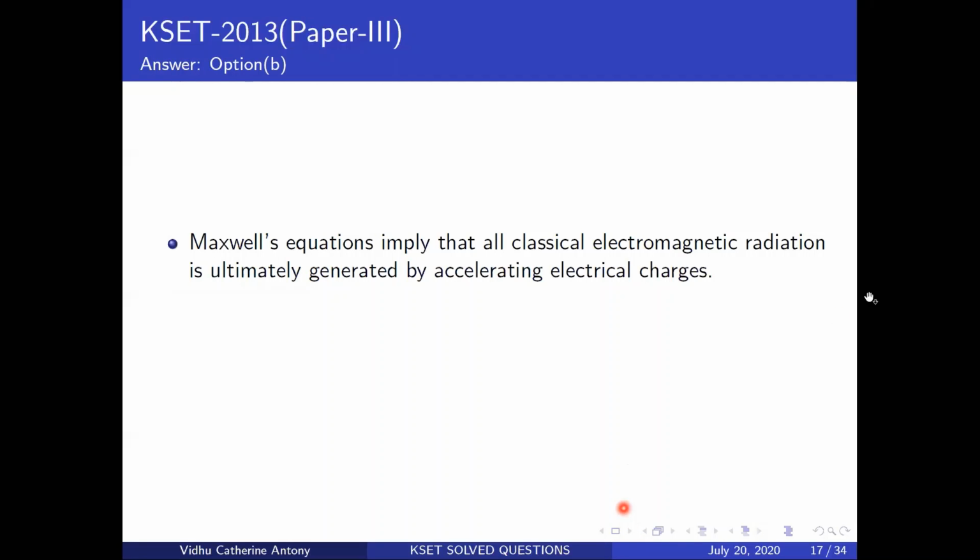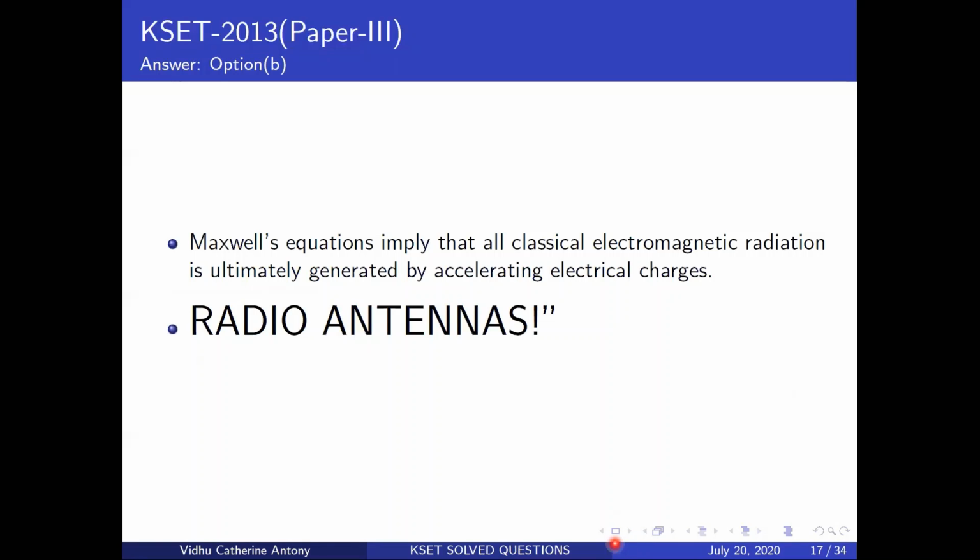Okay, so the Maxwell equations tell you that when charges are accelerated, they will generate electromagnetic fields or radiation. This is basically how your radio antennas work, and I just want to discuss this a little bit. You have something called a broadcasting antenna, and you have something called a receiving antenna. In your broadcasting antenna, there are charges piled up on either side, a positive set of charges and a negative set of charges. Once they start accelerating, they produce electromagnetic radiation.